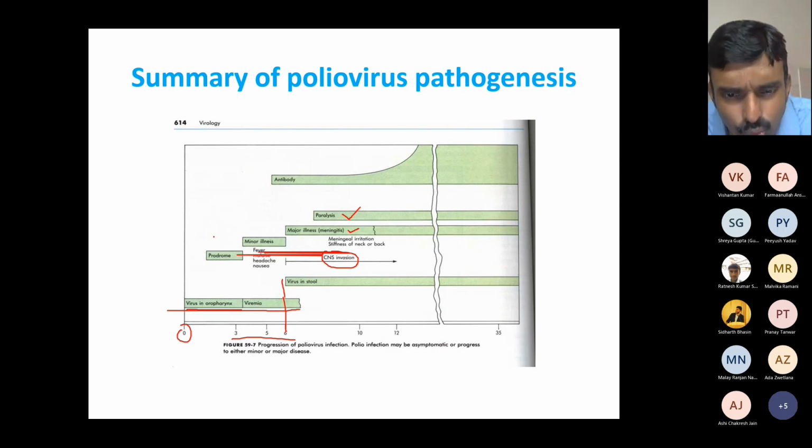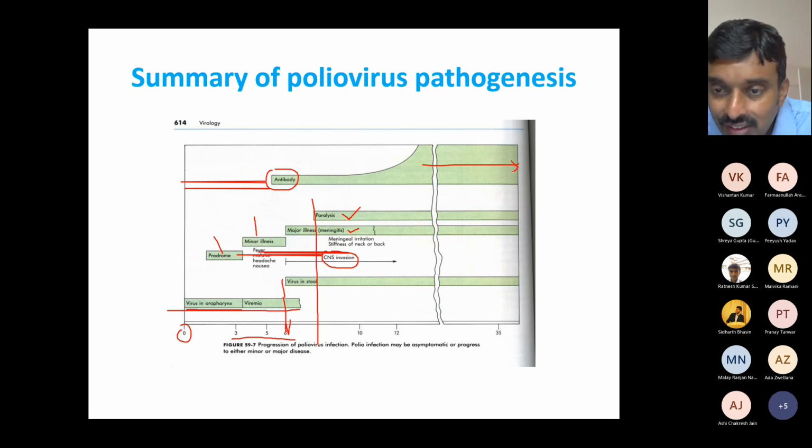Now, prodrome is just non-specific symptoms, minor illness, like again, headache, fever, a few things. They happen in the first few days. Paralysis may happen, like you can see, it requires invasion of the brain. It happens usually after 7 to 14 days, usually at least after a week. Now, if you look at the person's blood, when do they have antibodies? They have antibodies from about 1 week after infection. That's somewhere around this point. If you look at this whole cartoon, they will continue to have antibodies. If they are paralyzed, they will continue to have paralysis.